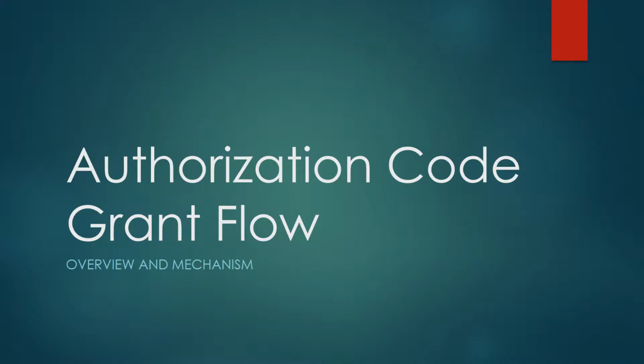Hey guys, welcome back to our next video, in which we're going to discuss the different flows in OAuth 2. The first flow we're going to discuss is basically the default one, the authorization code grant flow. As I said, it is the default for the majority of OAuth systems and servers that work that way and use that flow. And for those of you who forget or do not know,